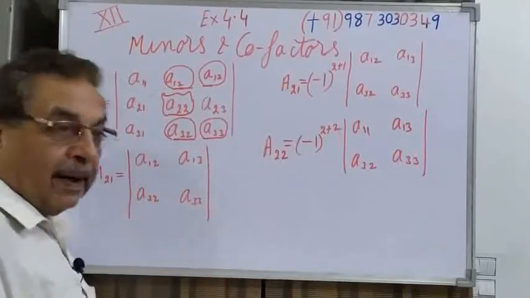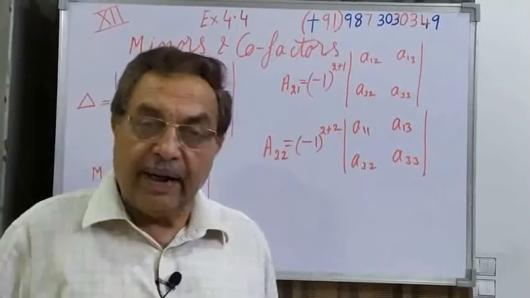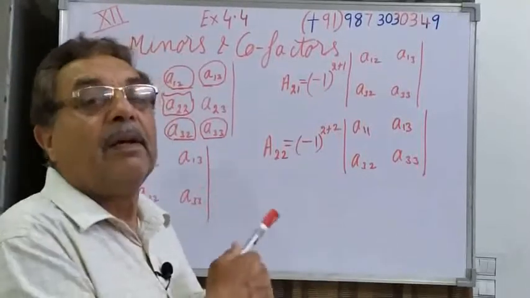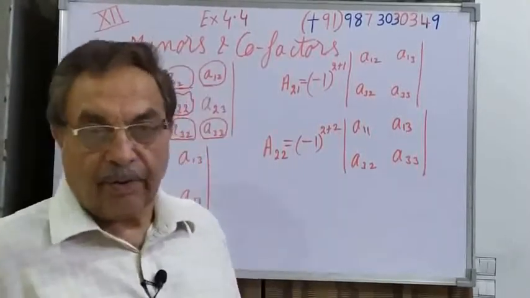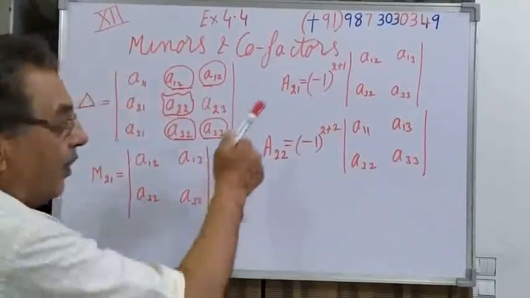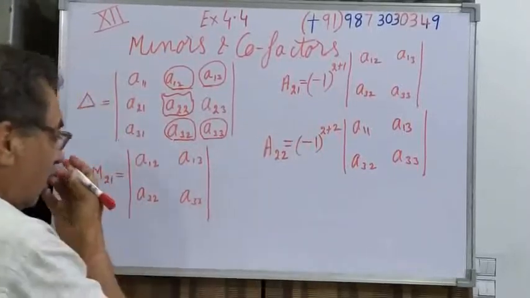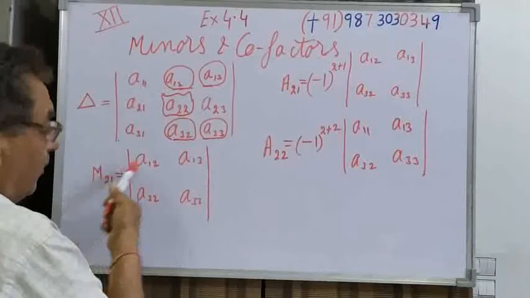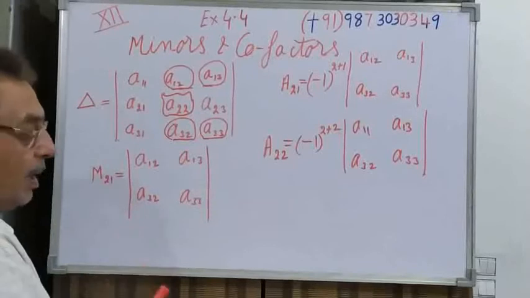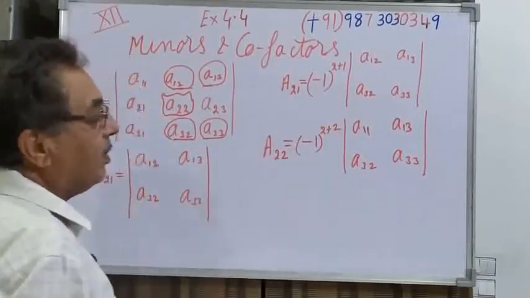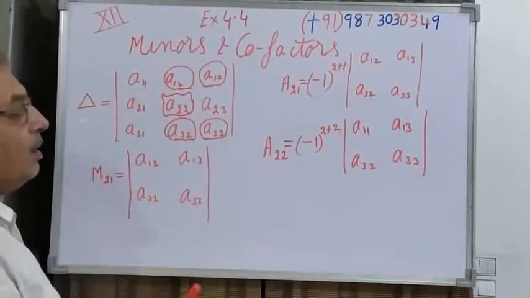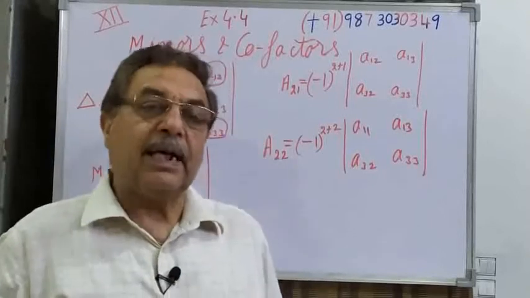So the next topic that we are going to study is finding the inverse of a matrix or adjoint of a matrix. That all depends upon how to find the cofactors. The concept of the cofactor must be very much clear, that is how to find the cofactors, how to give the sign to them. The minors are simply cofactors without any proper sign, but with the proper sign we get the cofactors. So all the 9 elements in a determinant of 3 by 3 have their cofactors as well as the minors.